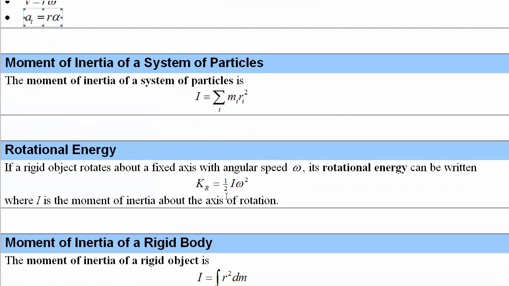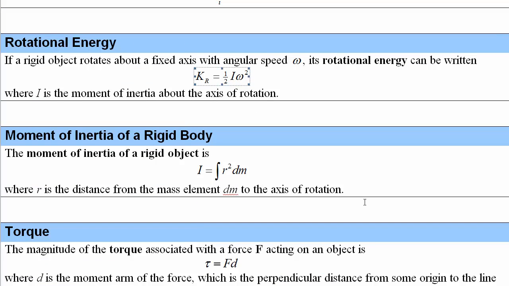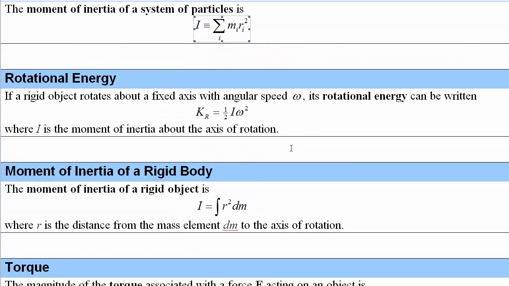Rotational energy is a half I omega squared. So if the object is rotating with angular speed omega about some axis for which its moment of inertia is I, then half I omega squared, just like half mv squared is the linear kinetic energy. Moment of inertia of a rigid body. If we've got an extended body, then the moment of inertia formula that's a sum just becomes an integral,